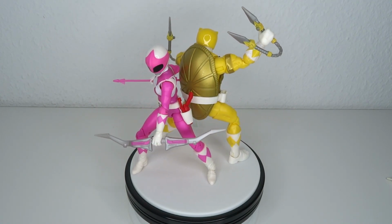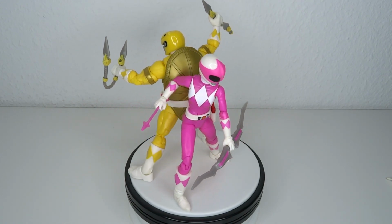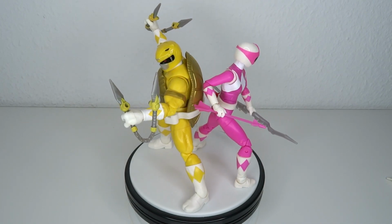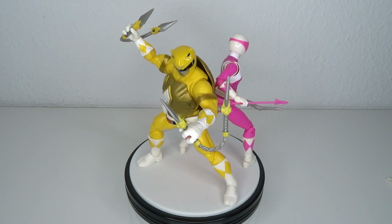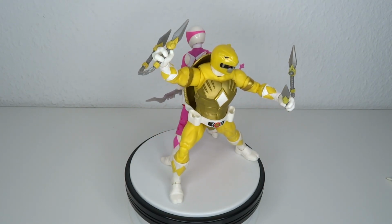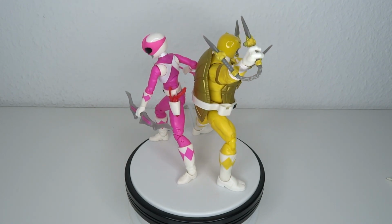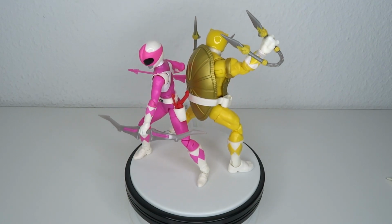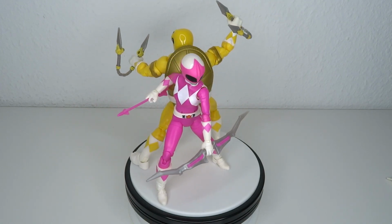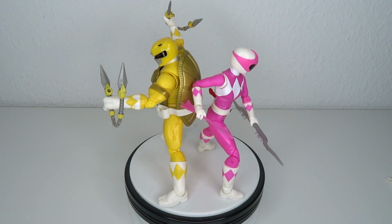Articulation works well, and I feel like they made it up with April for the missing articulation with tons and tons of cool accessories, which you might be saying, well, they're just recycling the accessories from the Pink Ranger from the Lightning collection anyway. So what? It's a 2-pack. We're recycling stuff all the time. Everybody does it. So I don't even feel like I'm being robbed over here. It's still a cool looking figure, still a great looking set. Comes with tons of cool stuff, and articulates pretty darn well. It's stable, and yeah,